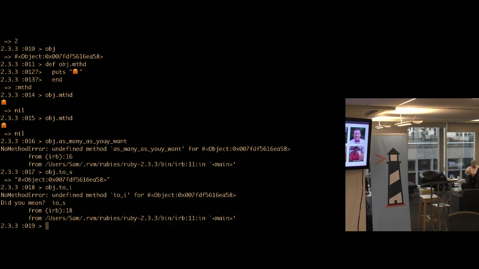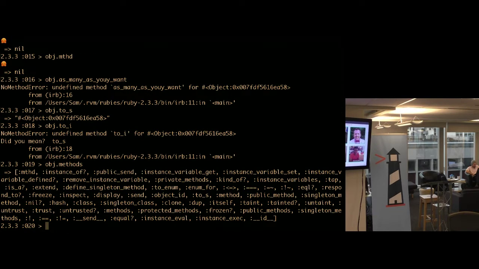There's a lookup process similar to JavaScript. How can I see all of the different methods I might have access to? Almost. Just call .methods on the object and you can see all the methods you have. So we could do, oh look, instance_of?. What do method names with a question mark at the end mean?